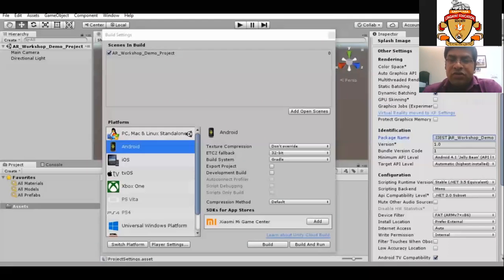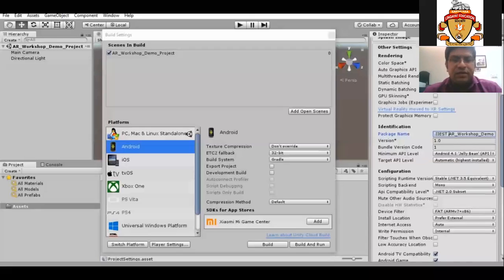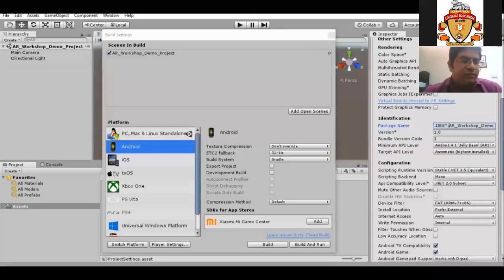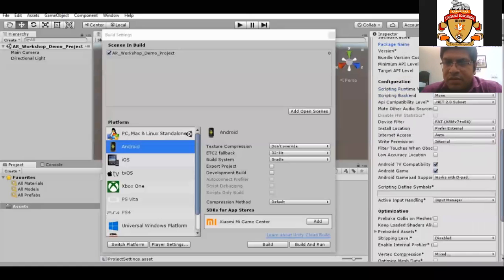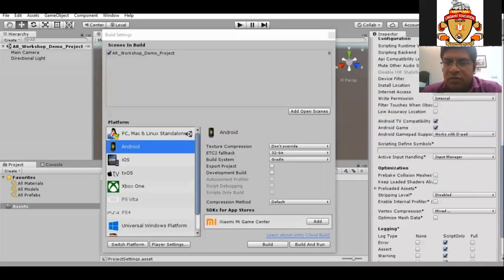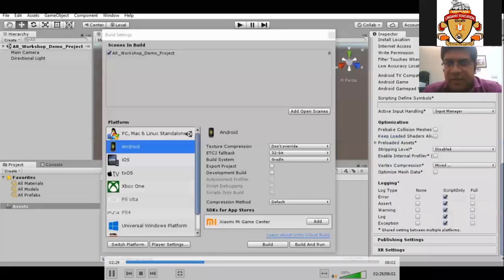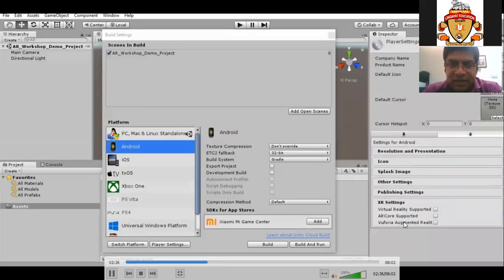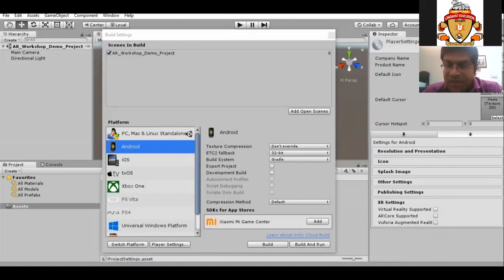Okay. So now the most important part, to develop an AR application. We have to move down and go into this particular XR settings. In the XR settings, this Vuforia augmented reality checkbox should be checked or selected.